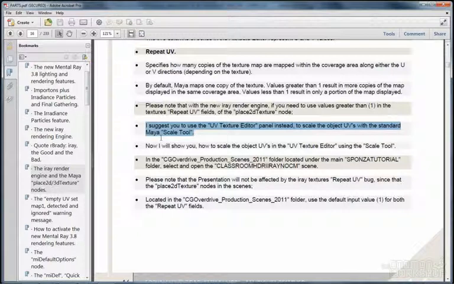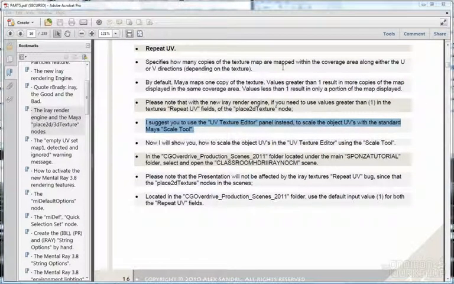If there is time in this presentation, at the end of the presentation I will show you how to do this, okay? How to avoid this problem, and I will describe this workaround for you, okay? I just say that I will explain this little workaround to avoid this bug of the Array render engine, because anyway we will use for this presentation the classroom scene, which is located in the CG Overdrive Production Scene 2011 folder,